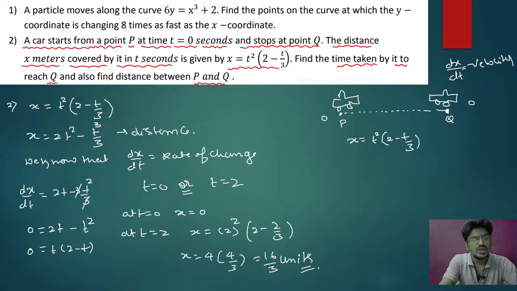Okay. So now I think from this you can understand it, no problem. So t equal to 0, t equal to 2 are the 2 points. So therefore from this you can understand your values, that is 16 by 3 units. So if you have any doubts you can ask, no problem. This is 2t square. Clear? 2t square minus t cube by 3. So if I differentiate it,